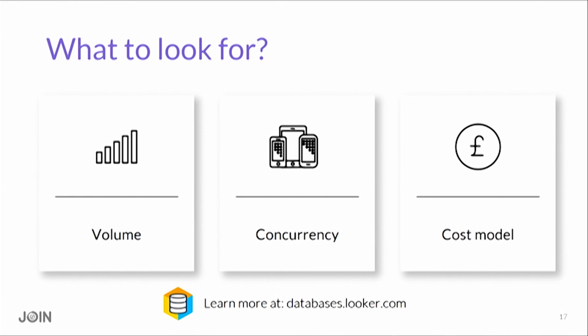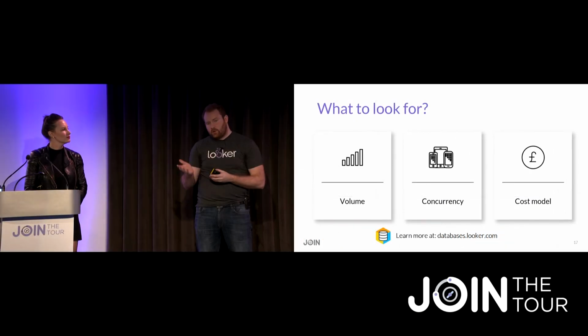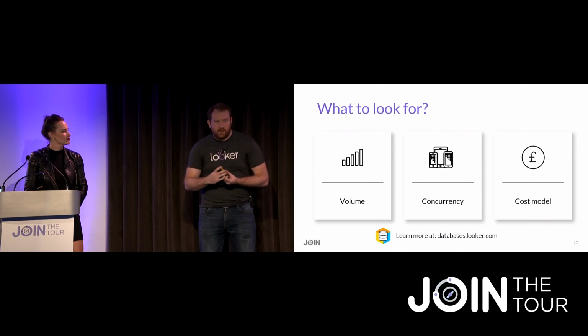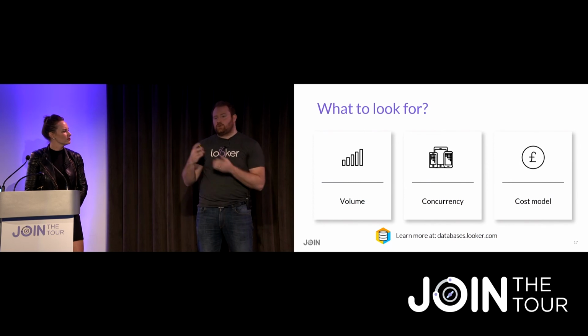The second one is, as I wrote it down here, concurrency. It's essentially the number of users, right? As you have more and more users, they are going to be asking the same question at the same time or different questions at the same time. So ensure that whichever architecture or databases you're considering are able to serve you today, but also serve you when your company becomes more and more successful.